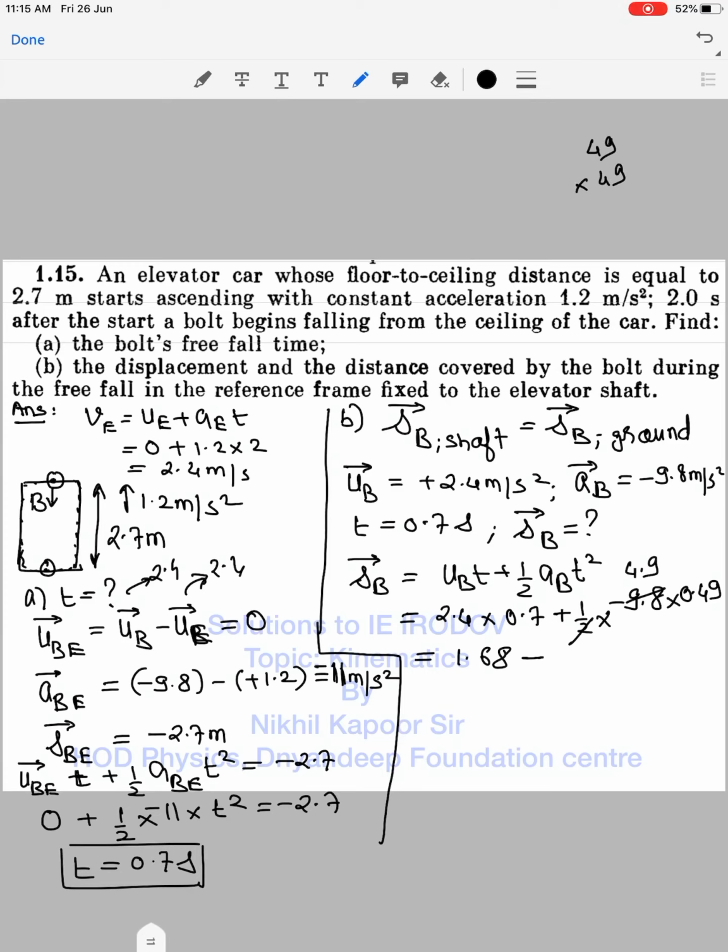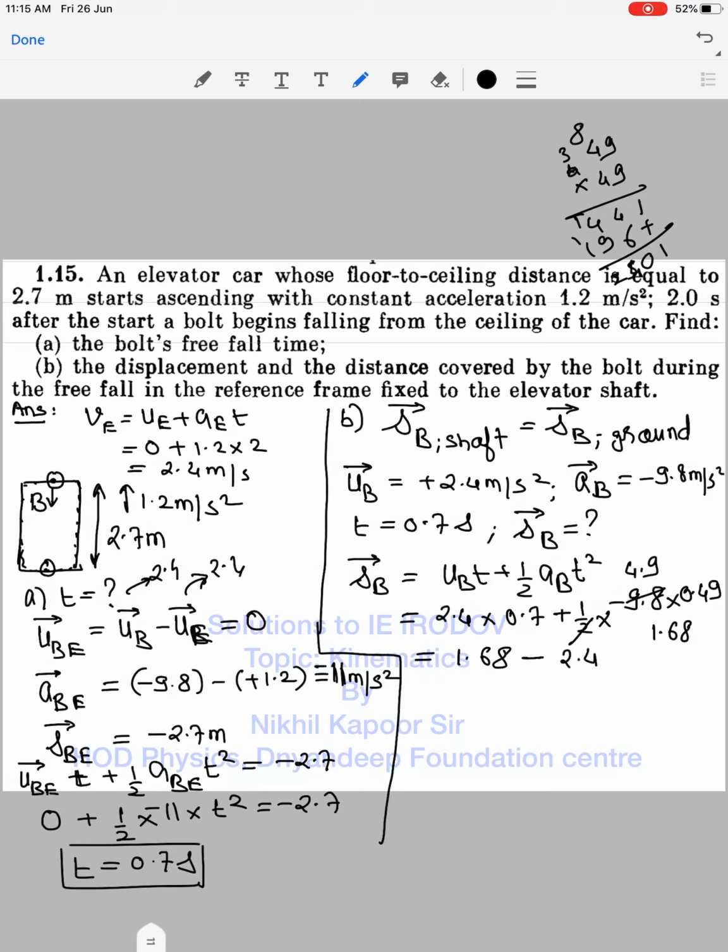So let's solve this in the rough work. 49 into 49, 9 nines are 81, 8 carry, 9 fours are 36, 36 plus 8 will be 44, 4 carry. So it will be 44 here, plus 4 nines are 36, 3 carry, 4 fours are 16 plus 3, 19. So this is 1, this is 0, 1, this is 5. 9 plus 5 will be 14, 1 carry, 2. So this comes out to be, after 3 decimal places, approximately 2.4.